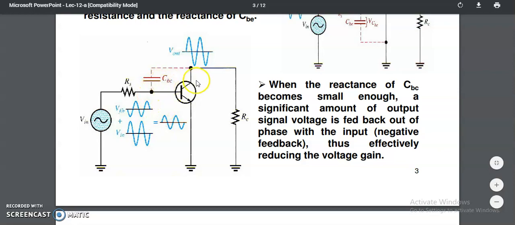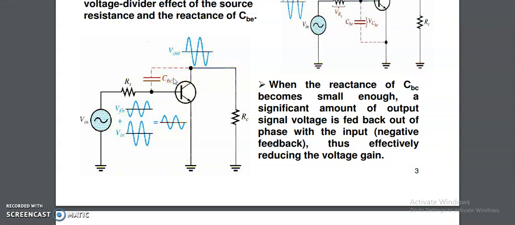So now whatever the output voltage is, that is coming from the collector current, which divides into two parts. That means this capacitor will act as a feedback element to this common emitter configuration. And which type of feedback does it provide? Negative feedback. Whenever negative feedback is provided, the input signal going to the base of the transistor will decrease, and it affects the output voltage such that the gain of this entire CE amplifier will decrease. Right?